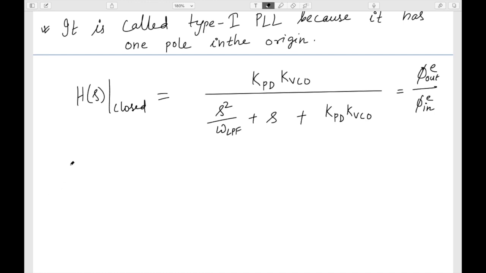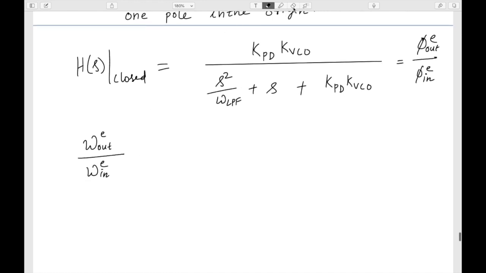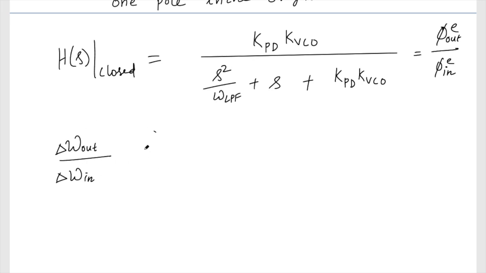So what we can say is that instead of error, a better way to call it is the change: delta omega out by delta omega in. So the change in omega out by change in omega in can be written as